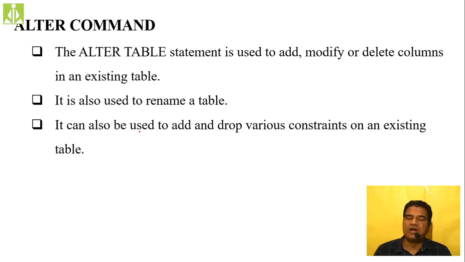The alter command is used to add new columns, to remove existing columns, and to change the name of an existing column or change the data type, because a column has not only the name but also the data type. So changing the name and data type, both we do with the help of the alter command only. And one last use of this alter command is to change the complete table name. Simply to rename a table we also use the alter command. See how many different usages we have with this alter command.